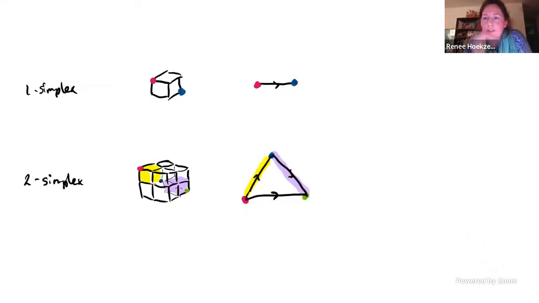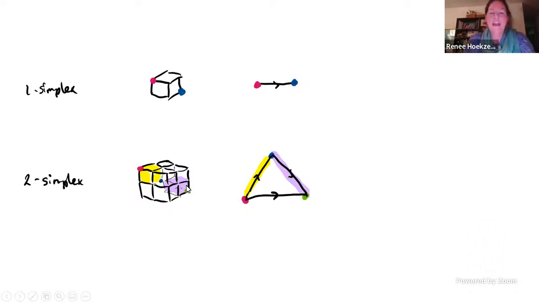Okay, so just to have a little dictionary, how do I go between a trisimplicial set and just thinking of a simplicial space? So I can think of one cube as being a one simplex between the left upper vertex and the right lower down vertex. Okay. And then I think of a two simplex, which is a 2 by 2 by 2 cube, as it goes from this corner.